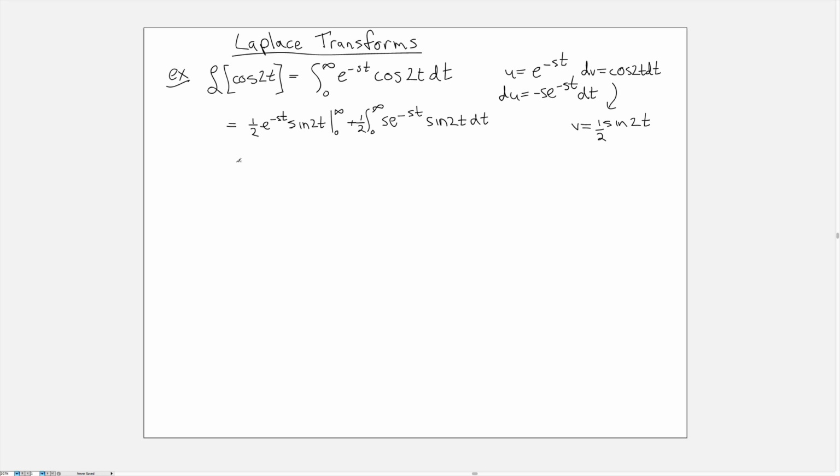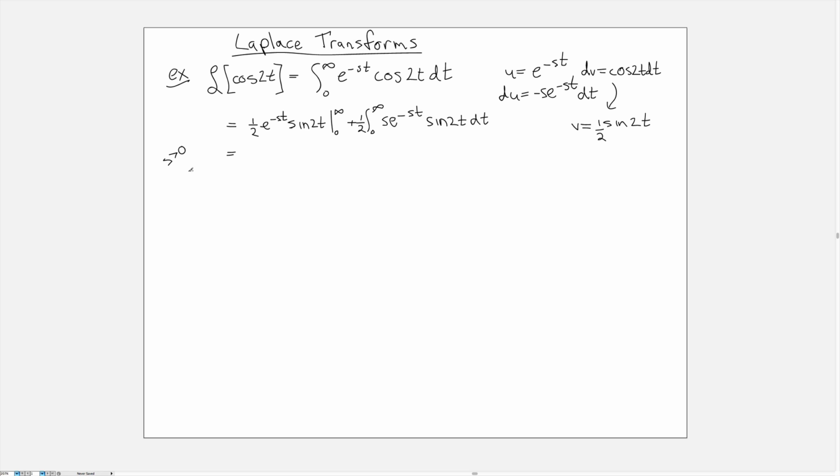And so now I have one thing that I can simplify down. So you'll notice if I plug in 0 to here, I get 1, but if I plug it into the sine function, I get 0. So the lower limit's going to disappear. And what about the upper limit? Well, as long as s is positive,